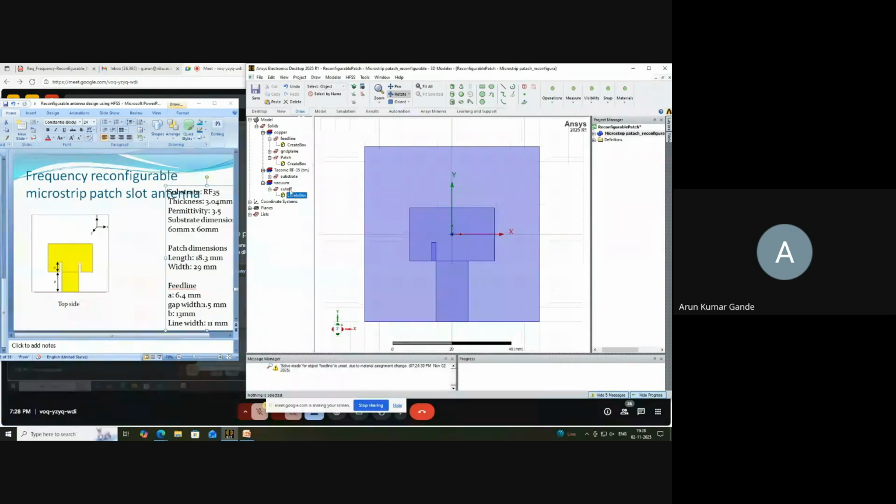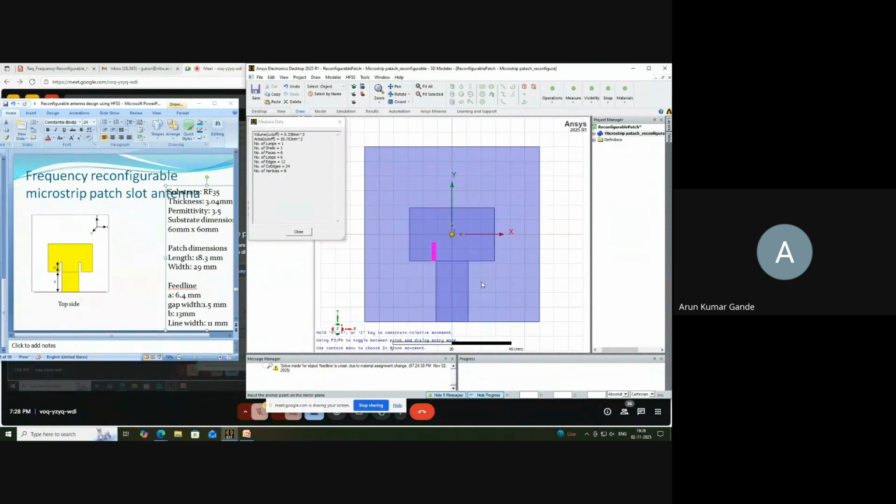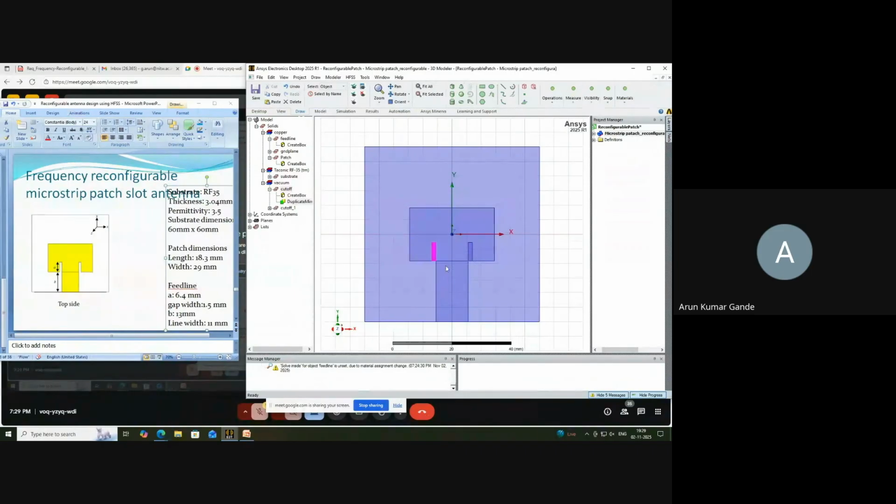The other way of doing it is select your cutoff, then go to edit, right click, go to edit, then say duplicate mirror. And once you click mirror, click on tab 0, tab 0, tab 0, and then say enter, right? And then you give dx as 0.1, and you will get your duplicated cutoff here. So you are seeing two cutoffs here,